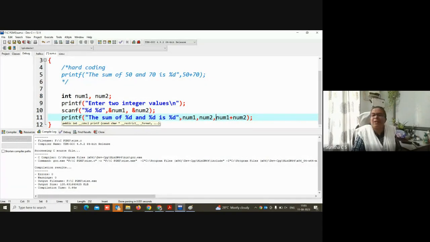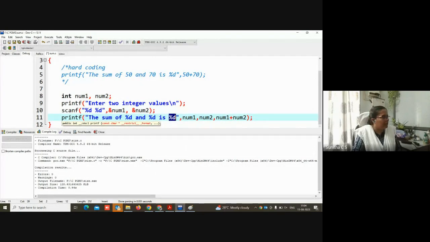There are 3 %ds inside this printf. The first %d will be substituted with the first variable immediately after the closing double quotes. So the value of num1 will be printed there, the value of num2 will be printed at the next, and the value calculated by adding num1 and num2 will be substituted for the last %d.